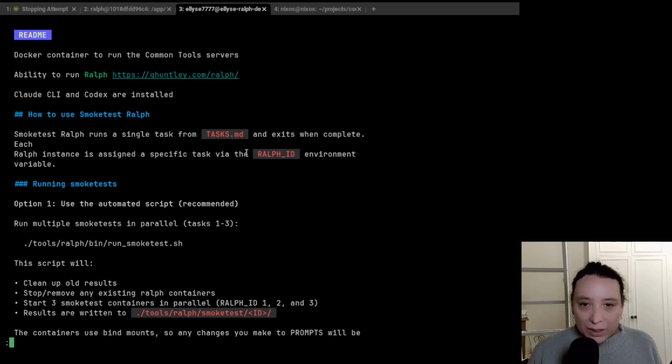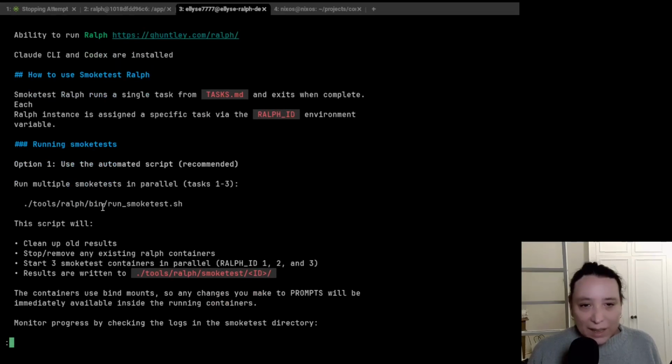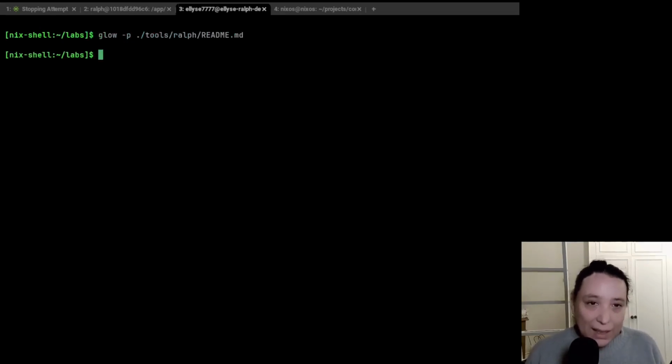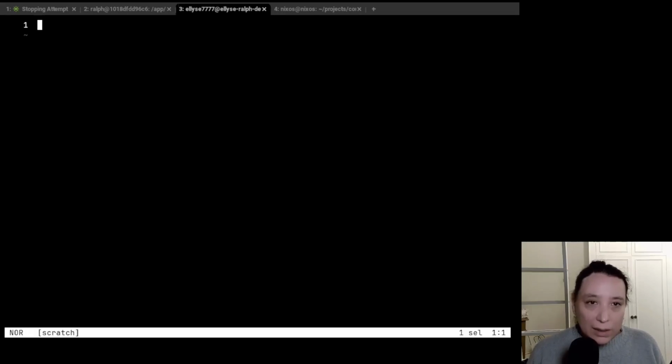When you look in there, you'll see that each one has an ID. And then to run it, all you have to do is run smoketest.sh. This is going to do a whole bunch of things. It tells you here, but the script is going to tell you also. So we can just do that, right? So let's look at the